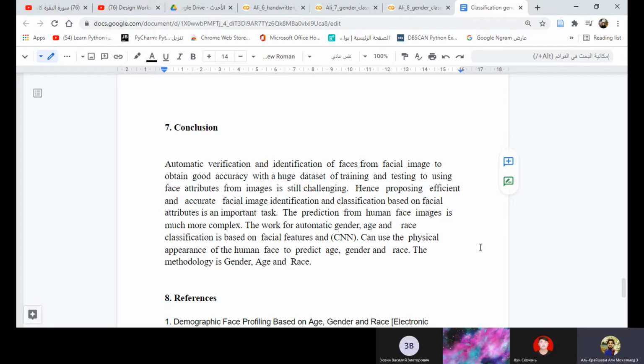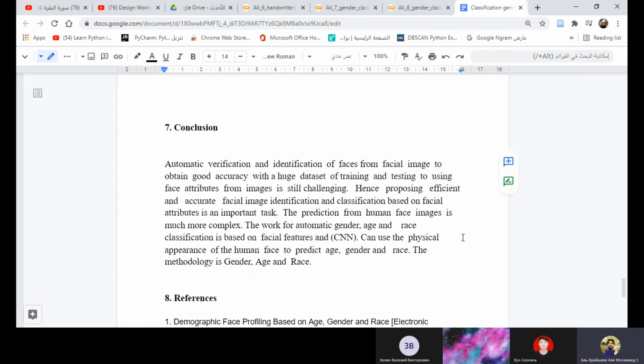Hence, processing frequent and accurate facial image identification and classification based on facial attributes is an important task. The prediction from human face images is much more complex.